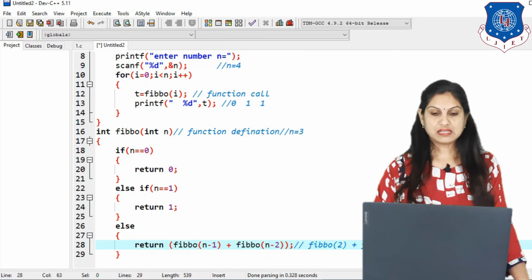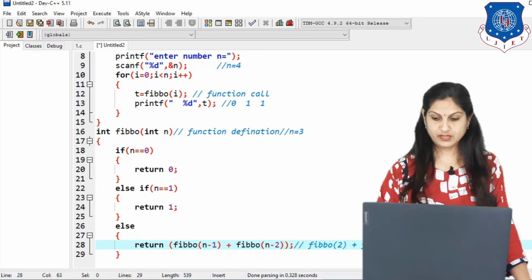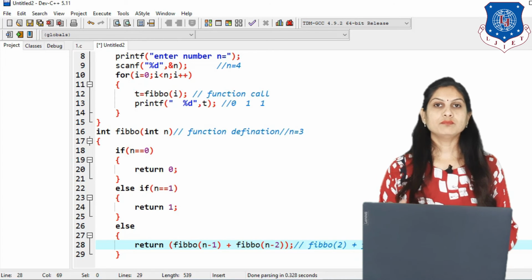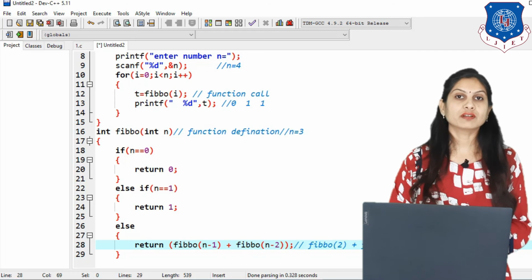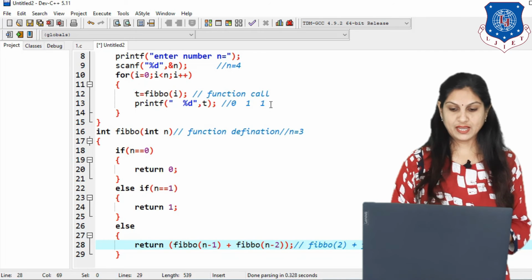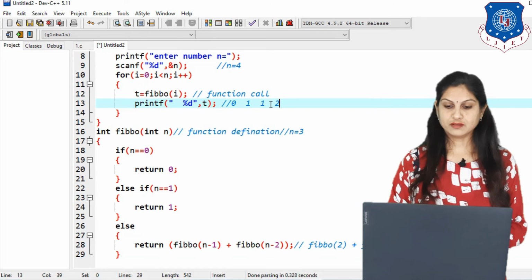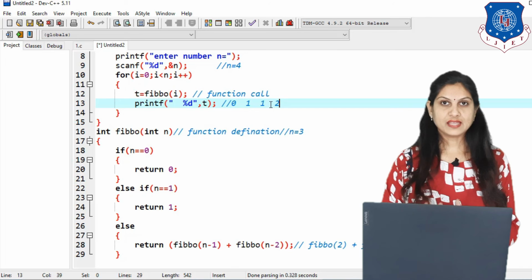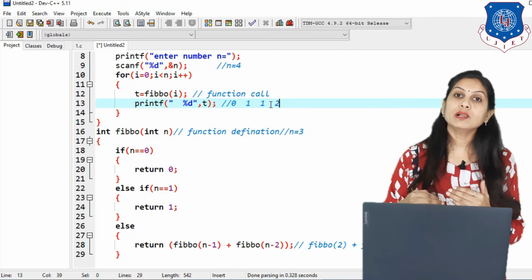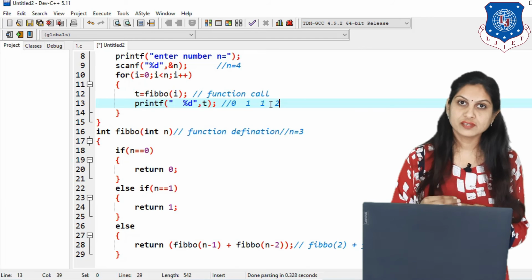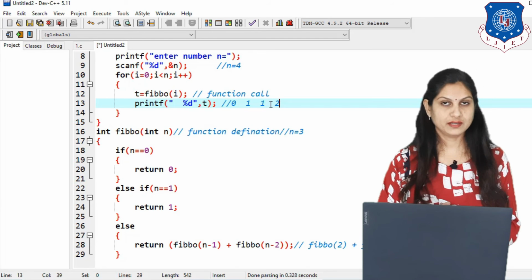So Fibo 2 answer is what? 1, and Fibo 1 answer is again 1. So the final 1 plus 1 will be written in our void main in the function call and stored in variable t, and we get the next term, that is 2. So suppose my n equals 4, then in that case our loop will be executed 4 times with 0, 1, 2 and 3, and 4 terms will be displayed.